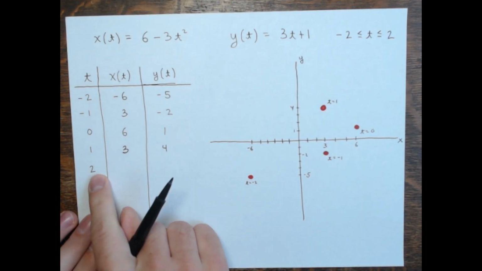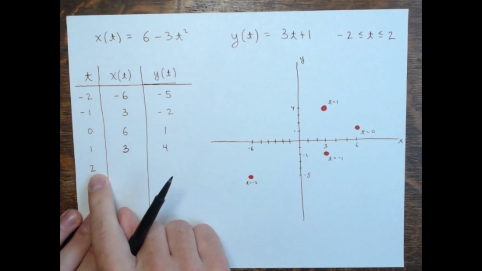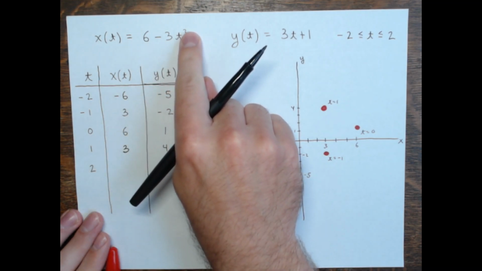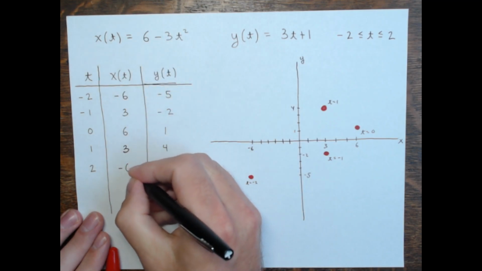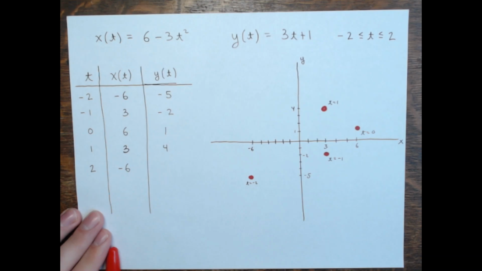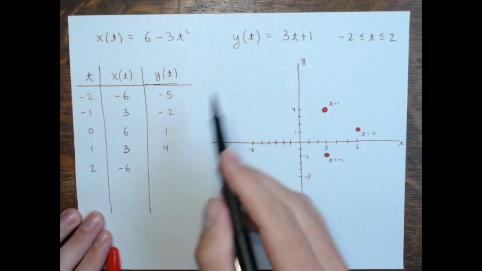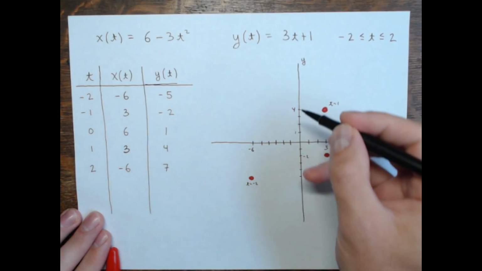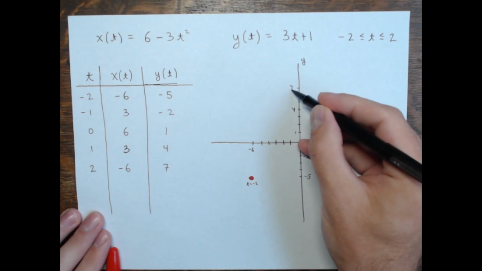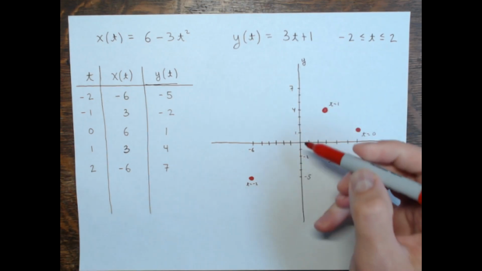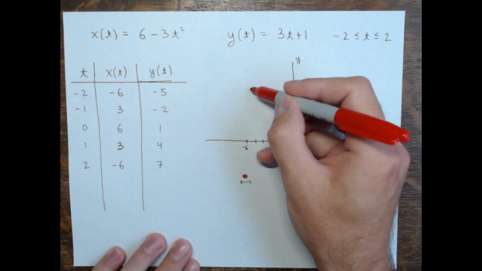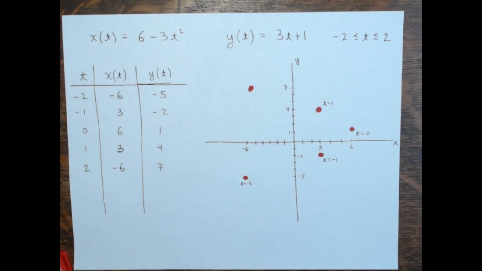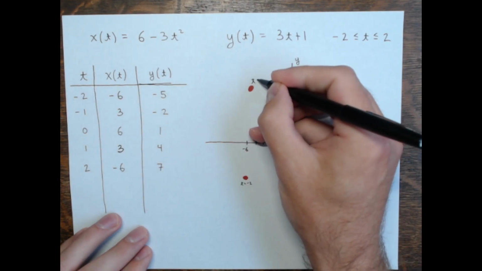And finally, in my table, when t equals 2, 2 squared is 4, 3 times 4 is 12, 6 minus 12 is -6, so we're back to a point with an x-coordinate of -6. And then when t is 2, 3 times 2 is 6, plus 1 is 7. There's 7 on the y-axis. So we're at this point here with -6 for the x-coordinate, 7 for the y-coordinate. And just looking at these 5 points,